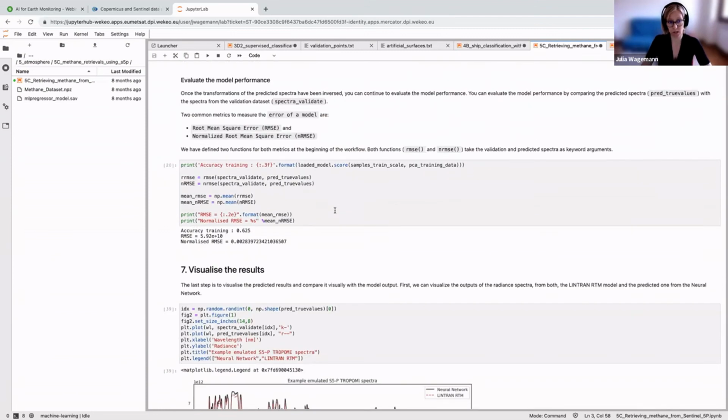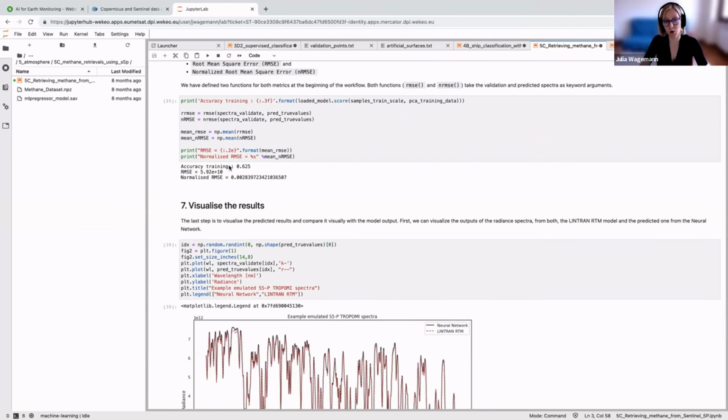Here we use two other metrics that are quite common to evaluate machine learning outputs: the root mean squared error and also the normalized root mean squared error. And we see here that the overall accuracy of the training is around 62%. And we have quite a low root mean squared error and also normalized root mean squared error,